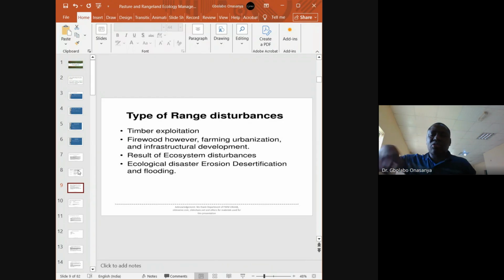Now, there are some systems of rangeland that can cause this imbalance. If there is excessive exploitation, excessive timber exploitation in the rangeland. If there is poaching, poaching is illegal hunting. Poaching, illegal hunting, can disturb the ecological balance of the rangeland. Timber exploitation, excessive fetching of firewood,